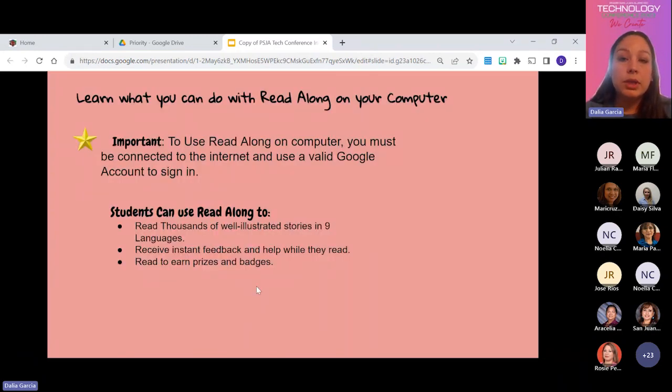The important thing is that you can use it two ways. You can use it with your computer, which is Chrome, or you will be able to use it with an Android phone. With a computer, students will be able to read thousands of illustrated stories in different languages. And you will see when I show you the program, it has about 9 languages. This program was